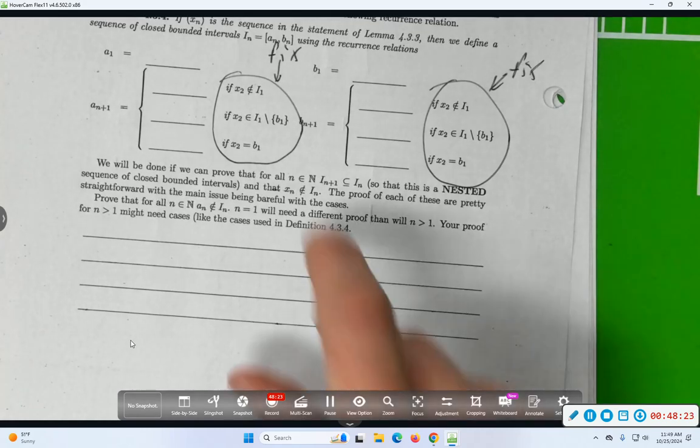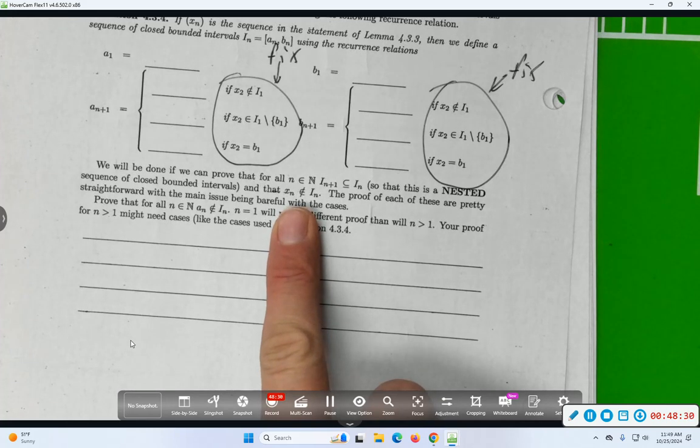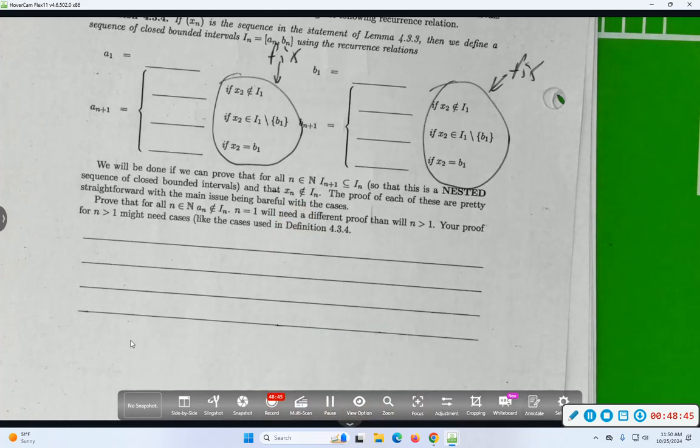You also need to prove that xn is not in In for every natural number n. So I guess the weird case will be n equals 1. But n equals 1 was set up to be obvious, right, if our choice of A1 and B1 is good. Then you need to show that for every natural number n bigger than 1, and let's see, something that's bigger than 1 is something plus 1. So, use that.